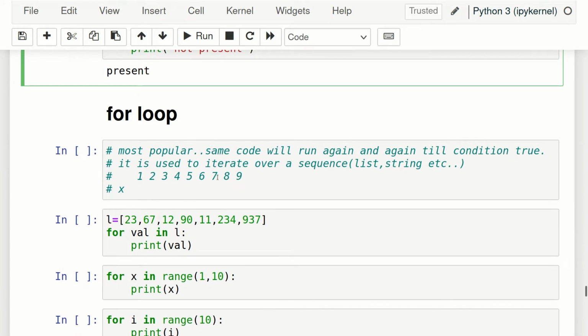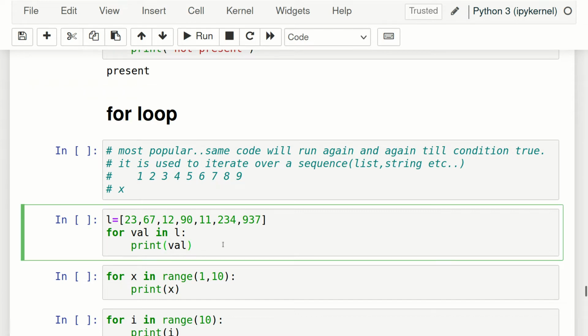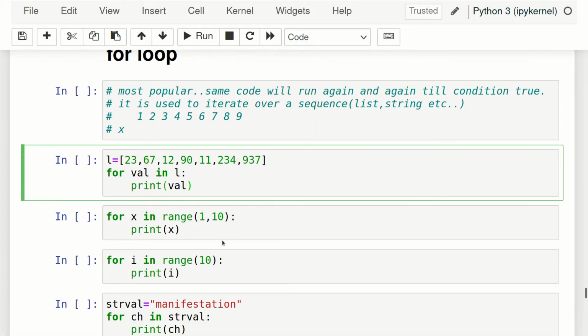So the for loop is very popular. Loop basically means doing the same thing again and again. The same code will run again and again till the condition is true, and once the condition is false, it will stop running. So let's see the loop. The syntax of a for loop is very simple.